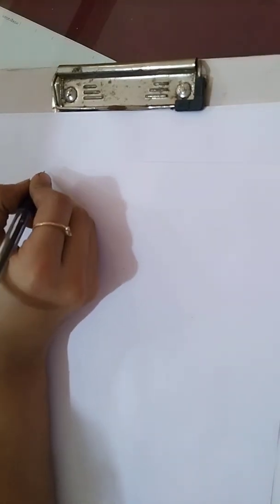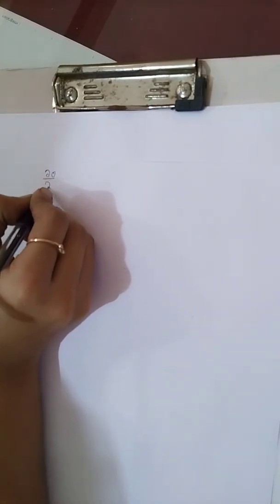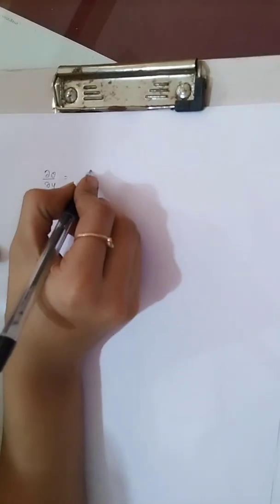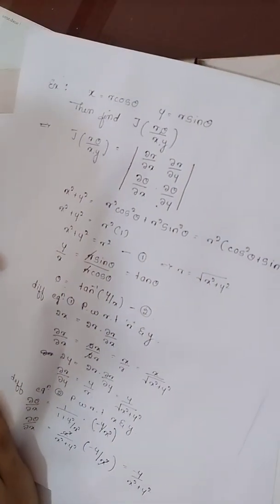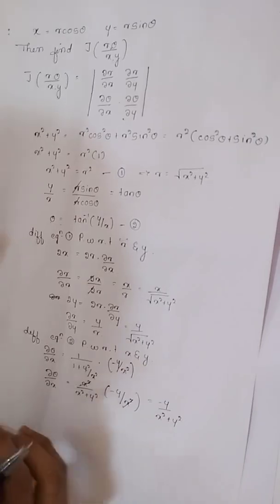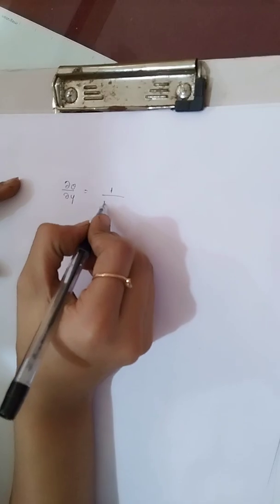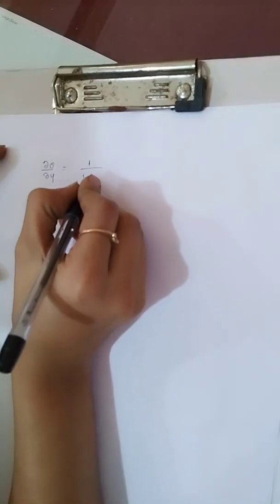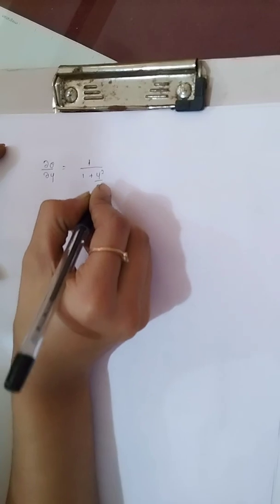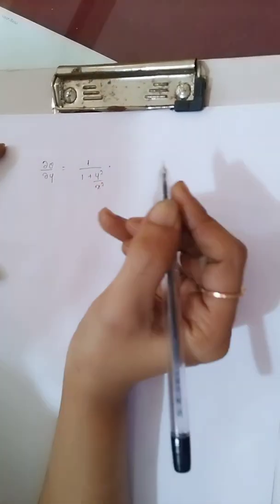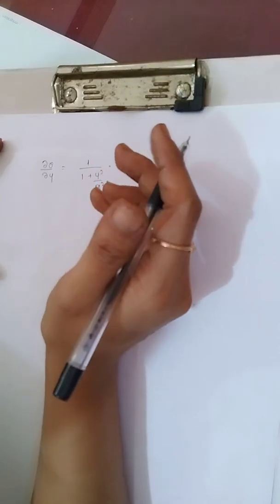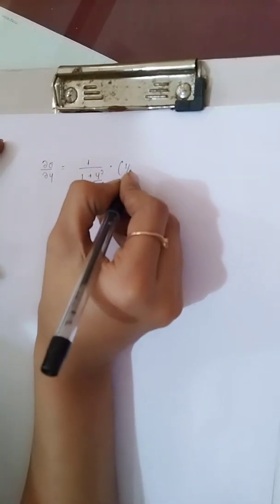So then next, differentiate this theta with respect to y. So we have dou theta divided by dou y. Dou theta divided by dou y means 1 upon, differentiation of tan inverse y by x. So its value will be, again, 1 upon 1 plus y square by x square into differentiation of y by x with respect to y. So it is 1 upon x.